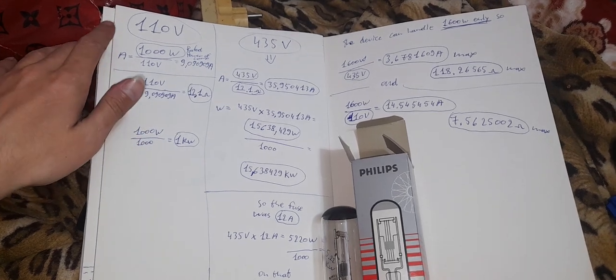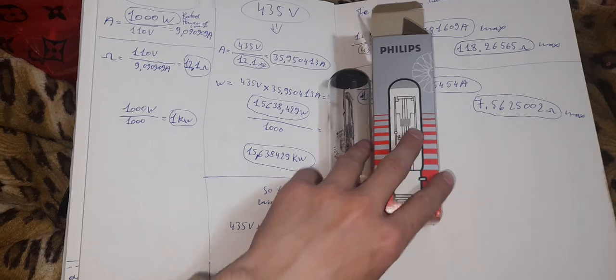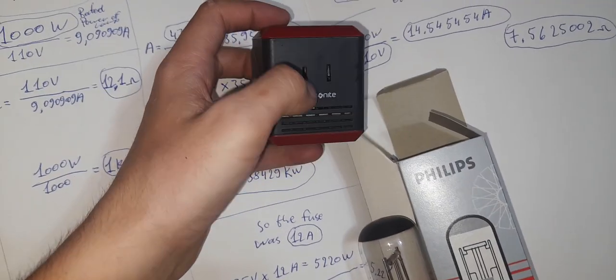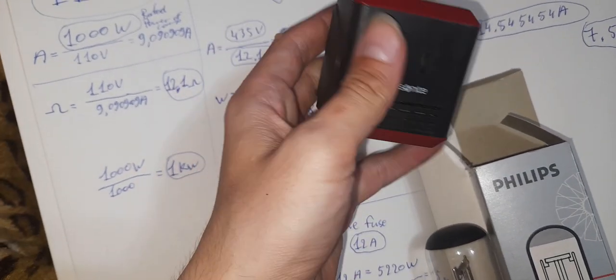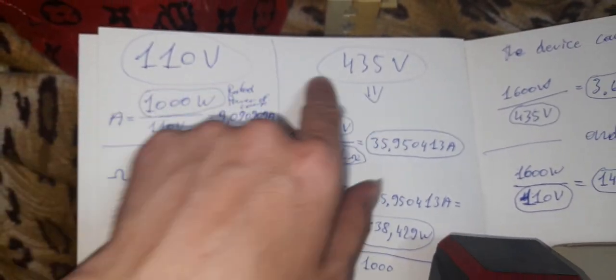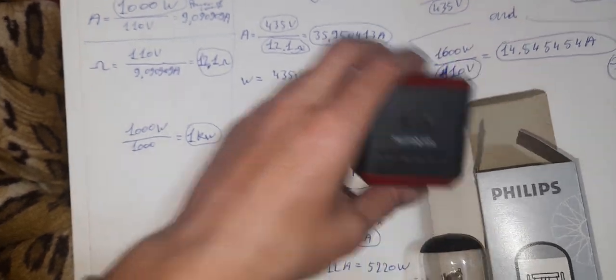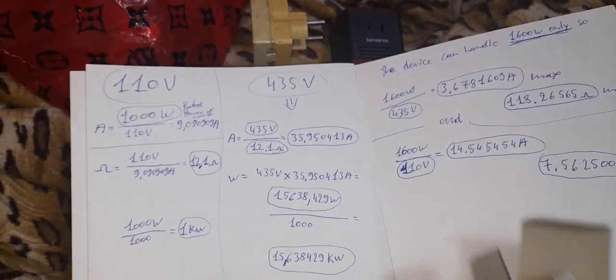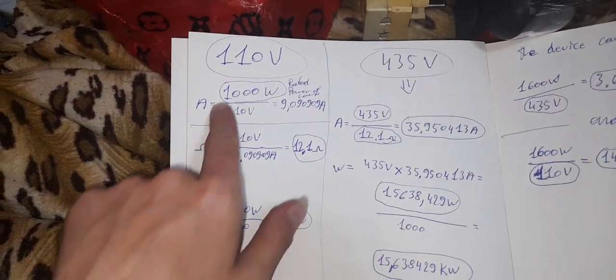Guys, now I will calculate why this light bulb burned when I put it on this defective inverter driver, that in place of 110 volts raised it up to 435 volts. So let's proceed. Let's put those aside. So 110 volts, 1000 watts,